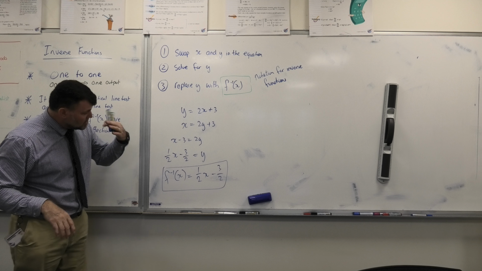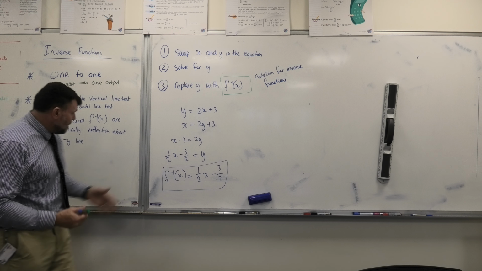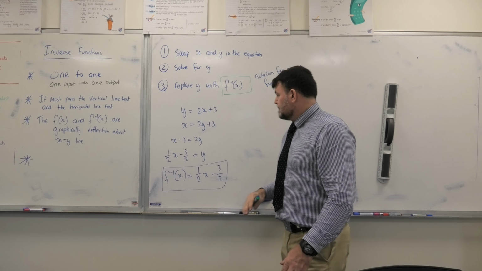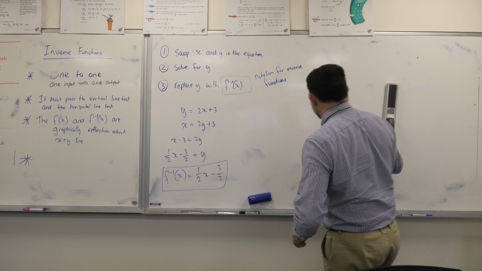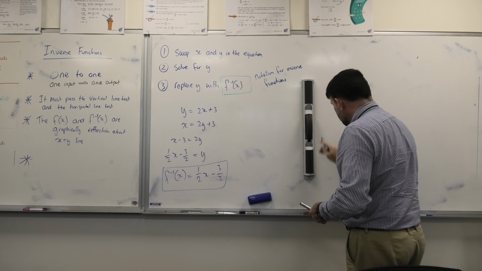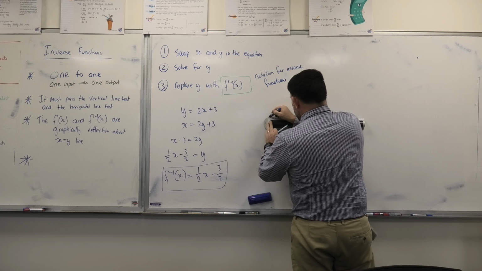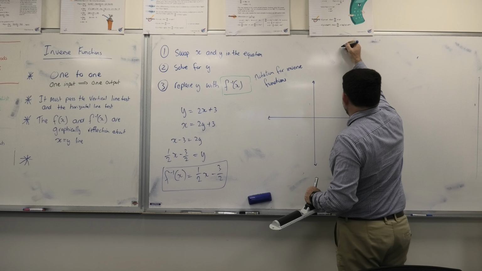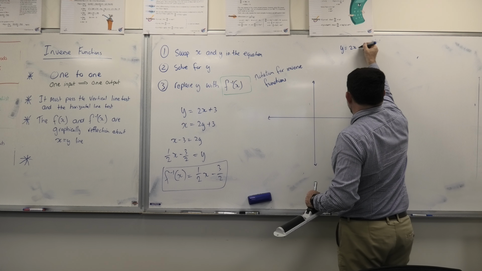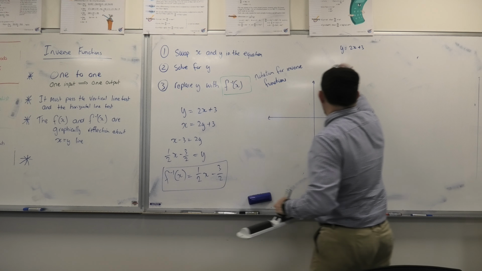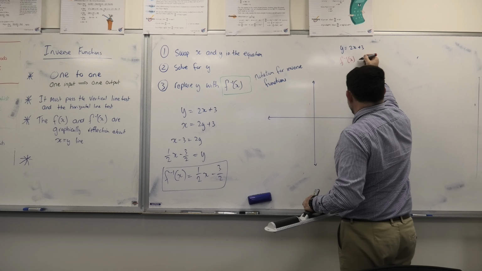Really important that we do this correctly, so that when we start graphing, which is what we're going to do right now, we get that reflection along the line y equals x. So let's graph this. If we graph this correctly, and I'm going to do as best I can, let's write these up here. We're going to have y is equal to 2x plus 3, and we'll do it in red. The inverse function is 1